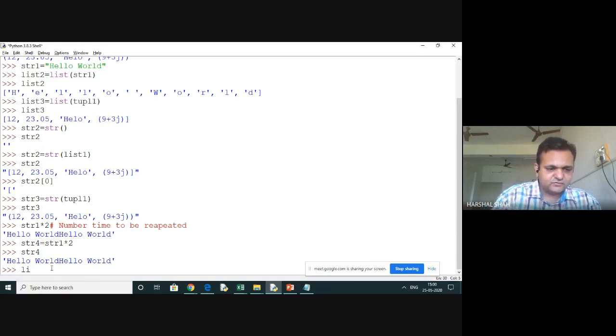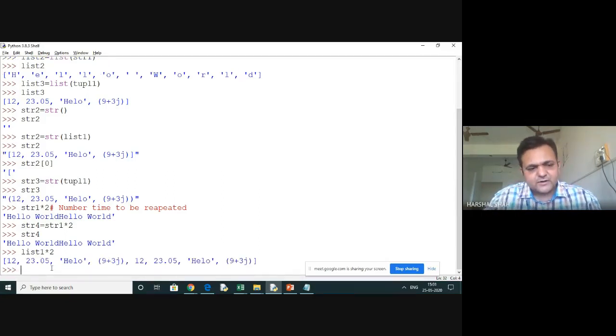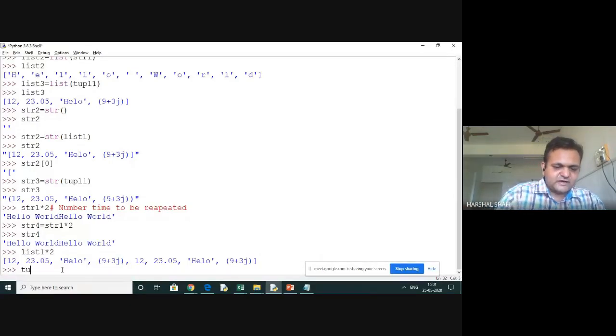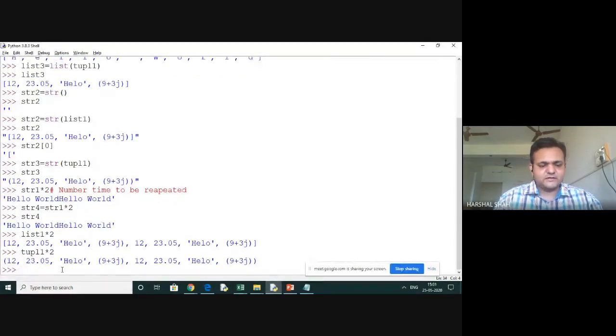Even it works with the list also. Remember this, list1 into 2 times. So you can see that the list has been repeated, but as one list, so you can even assign that into this. You can do it with the tuple also. Done. Now I will do another operation, str1 and another string, that is str2. Will it be done here? What is str2? str2 is a translate, meaning a converted list in the form of a string. Will it work? Can we add 2 strings?